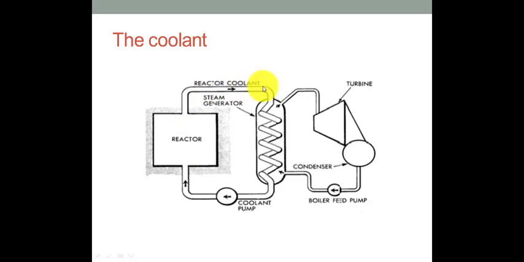Heavy water will be circulating in the primary loop, and that will exchange heat with the normal water that will convert into steam in this steam generator. Then this steam will be used to run the turbine, and by using the condenser, the steam will be condensed and liquefied and pumped again into the same chamber, where it will convert into steam again, and this process will go on. We typically use the heat engine process to turn this heat into a more usable form of energy. This heat is used to boil water, and the resulting steam drives a turbine which drives an electrical generator.